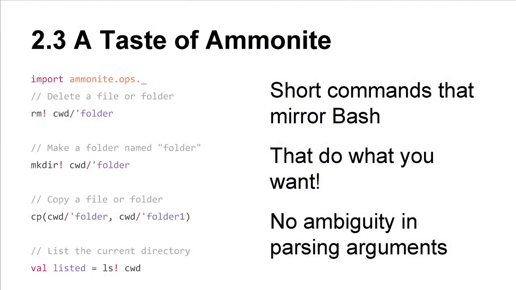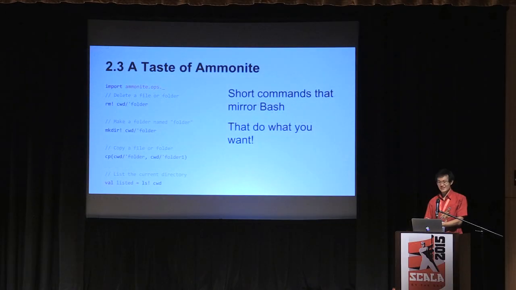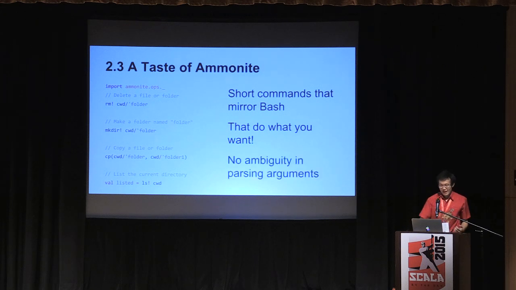So that's a taste of what Ammonite-Ops gives you. It gives you short commands that mirror what bash does after a single import. These commands do what you want. There's no futzing about whether it's removing a folder, a file, or a folder's children. It removes whatever you told it to remove, whatever it can find there, or at least it tries to. And there's no ambiguity in passing the arguments. For example, if the current working directory has a space in it, that should not randomly cause it to think it's two sets of arguments instead of one. Because all of this is in normal Scala, it gets passed and interpreted correctly